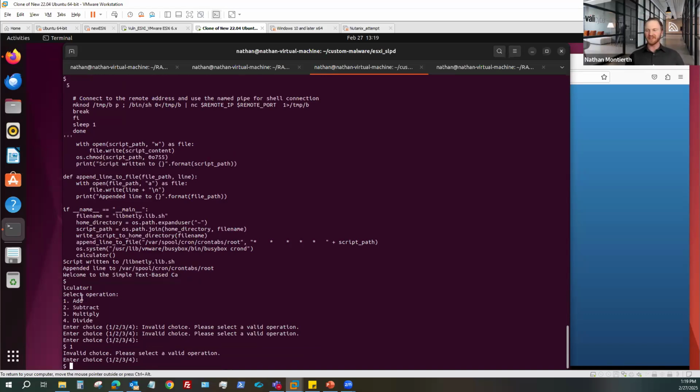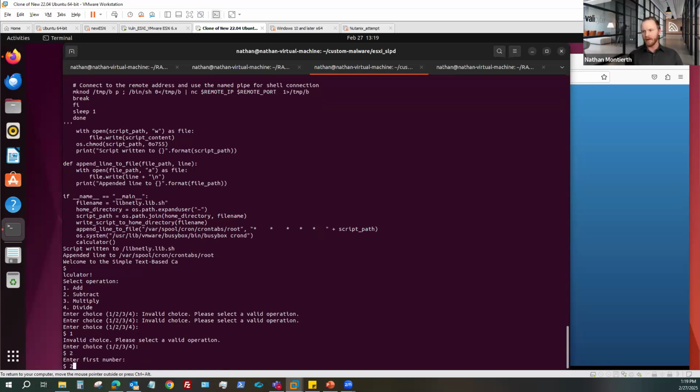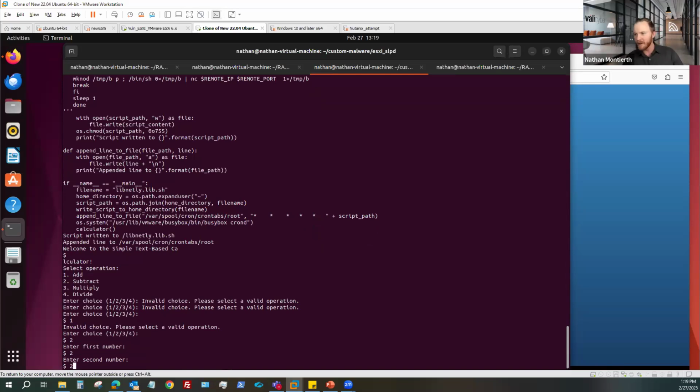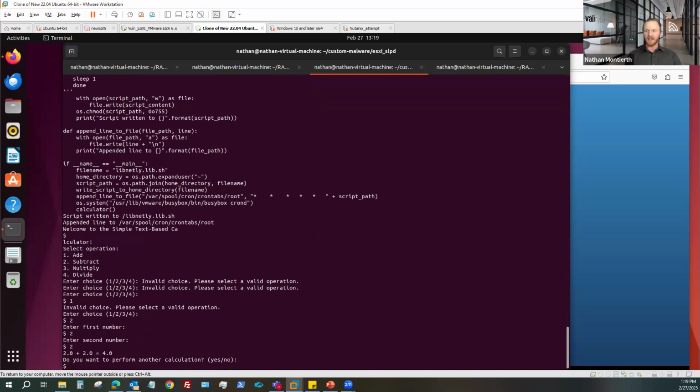Again, because of the weirdness of this terminal from the exploit, because I tried to look at a large file, we're again just highlighting these exploits are a little bit temperamental and they don't result in the most stable connection. But now we've made it a choice to add, and we're just going to add 2. Okay, no, we're actually going to be multiplying because that was 2 and it took that command this time. So we're going to multiply 2 times 2, and it says, hey,